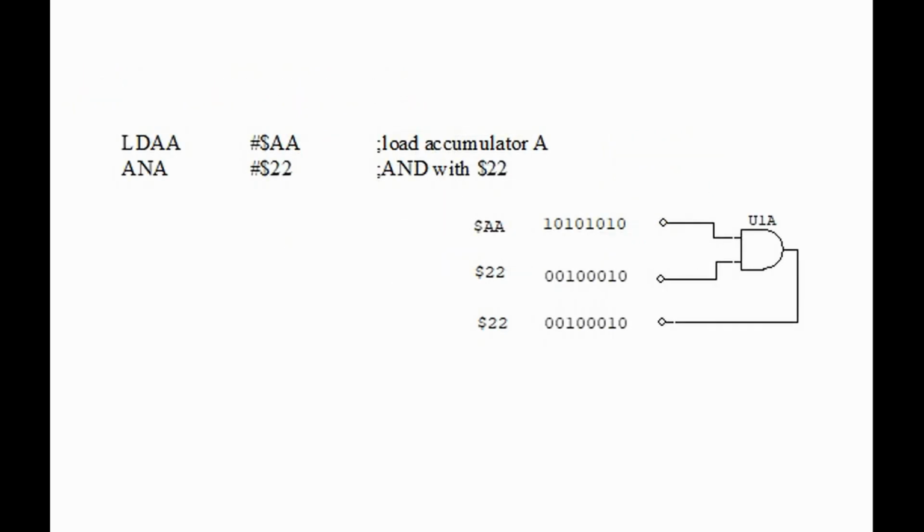Logic instructions mean that we're going to take a number and then run that number through a logic gate. In this example, we load accumulator A with the number AA, but then we're going to AND it with the number 22. In this case, the number 22 is considered a mask. We take each and every digit through an AND gate. That means that we only get a 1 out when both inputs are 1, which means that only certain digits got through the AND gate, and so the number has changed completely. We could think that what the AND gate has accomplished is to isolate certain digits and only allow certain digits